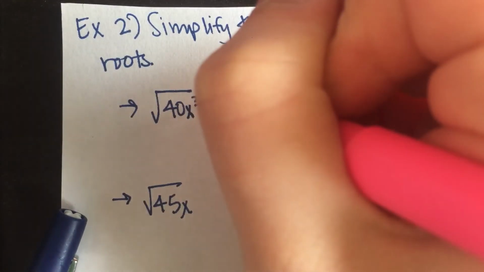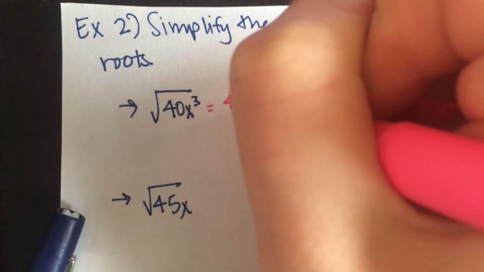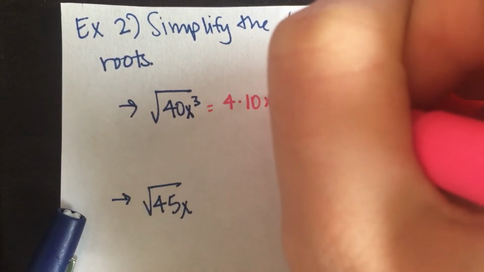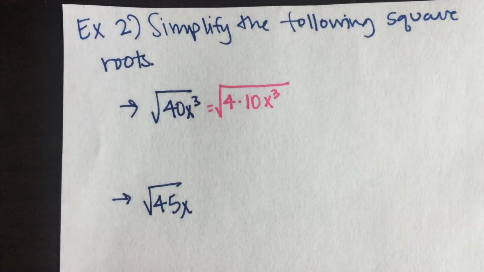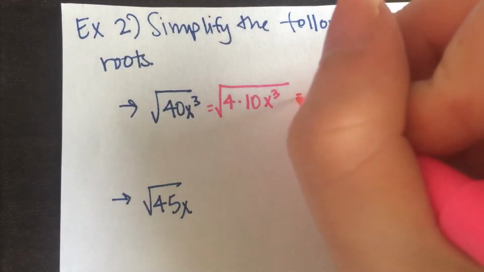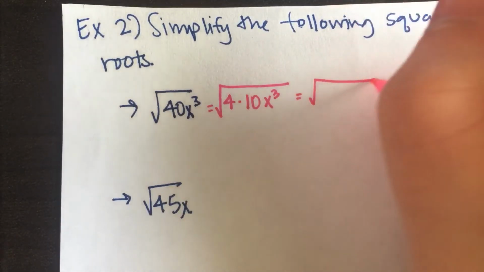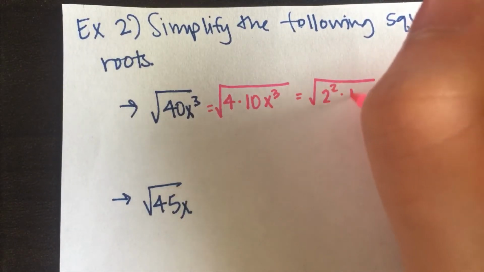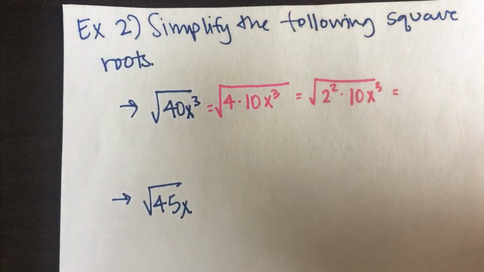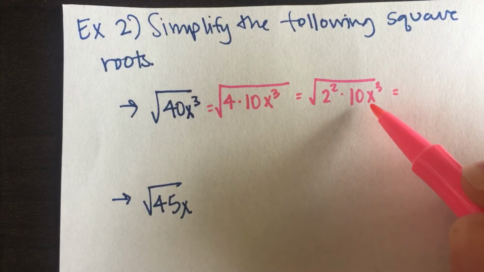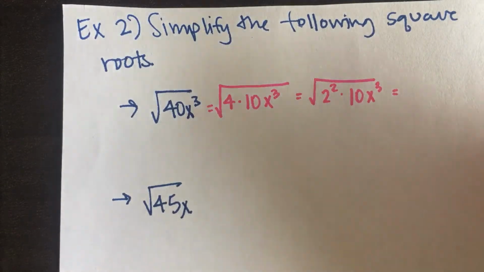as 4 times 10x cubed. And now we know that 4 is the same thing as 2 squared, so we're going to go ahead and make that quick substitution. Now, this x cubed right here, we can split it apart as x squared times x, and it means the